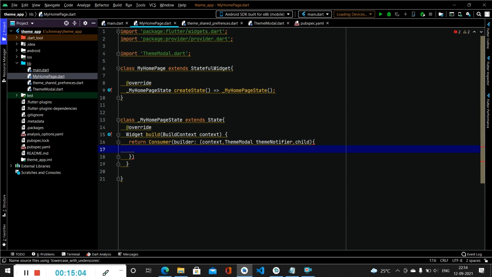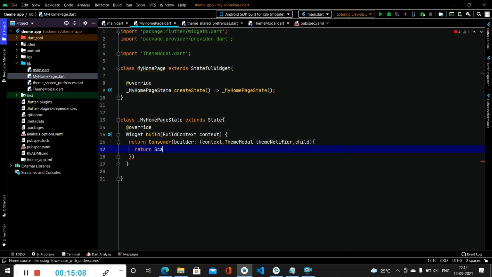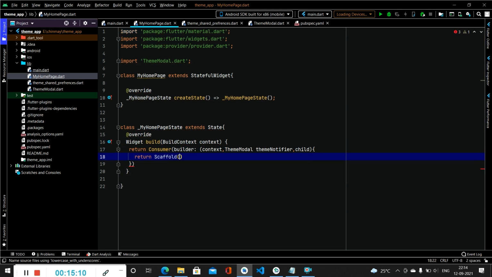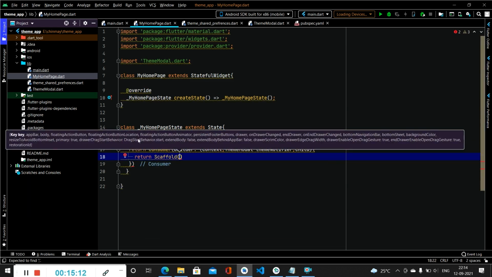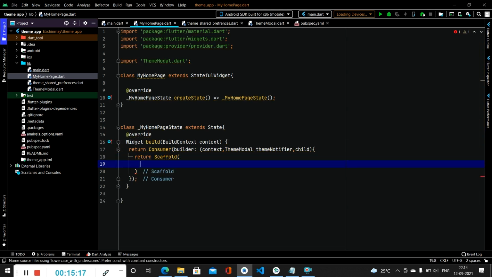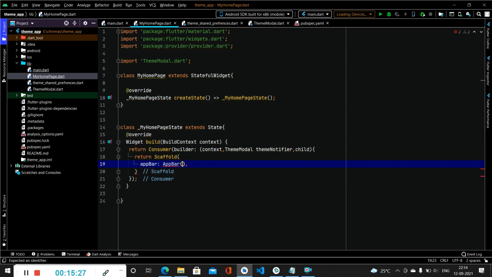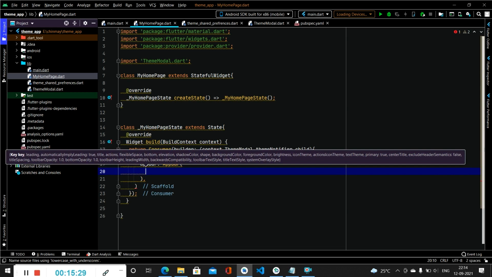Inside this we have to call return Scaffold. Inside Scaffold firstly we will be calling our appBar, and inside this we will be creating the app bar for our screen. Inside the app bar firstly we will be specifying the title, it is a text, so we will simply call the Text widget.